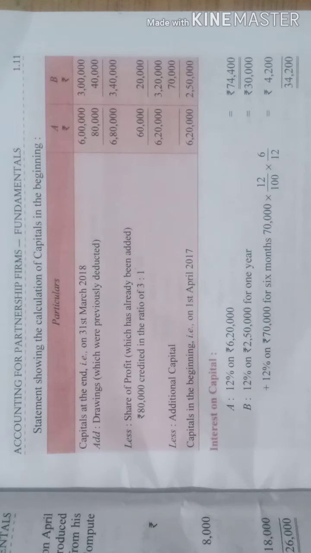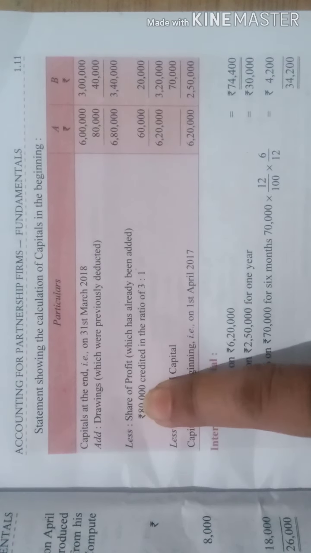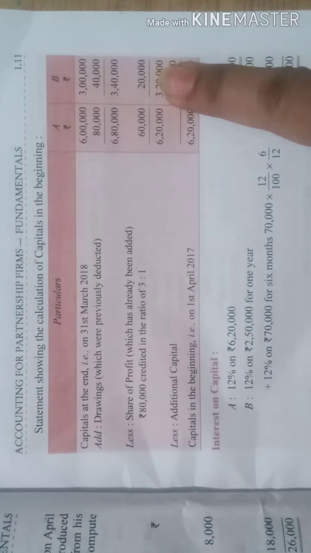Why? Because whenever we get profit, what do we do? That is what we have studied in the P&L appropriation account. Whenever there is a profit, we distribute it, right? And in the balance sheet, we add it in the capital, right? That is what we have studied. So when we have added in the capital, now we will withdraw, that means we will reduce. So here we reduced that amount.